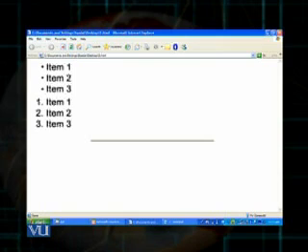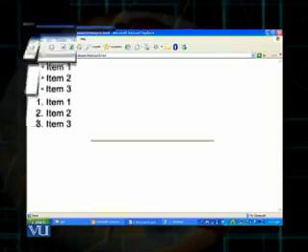Then because of the paragraph tag, a line break, a line space, and then due to the ordered list tag, these items are again listed against numbers 1, 2, 3. And because of the HR tag, you can see the horizontal line at the bottom.